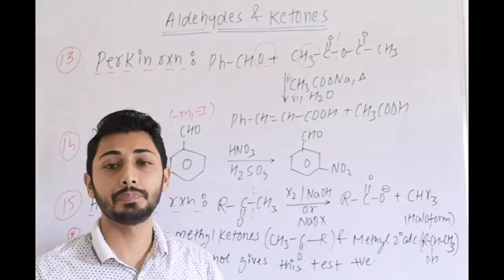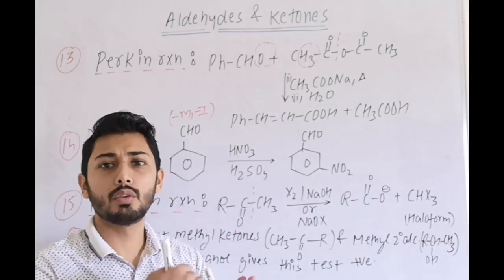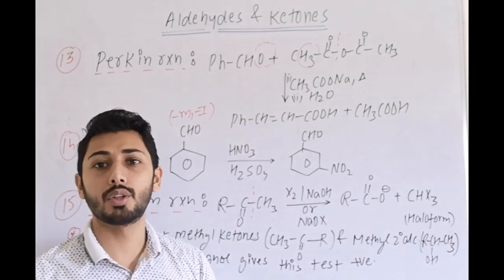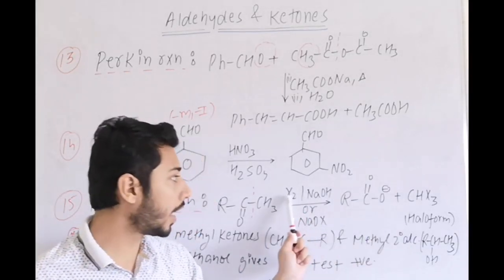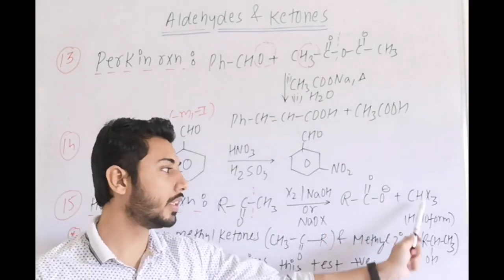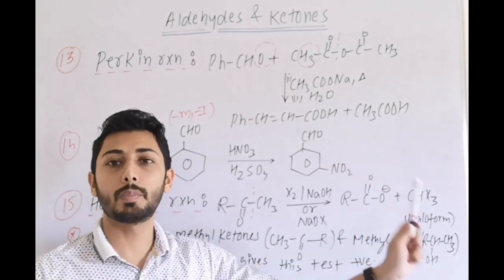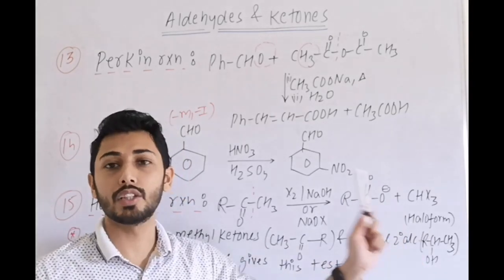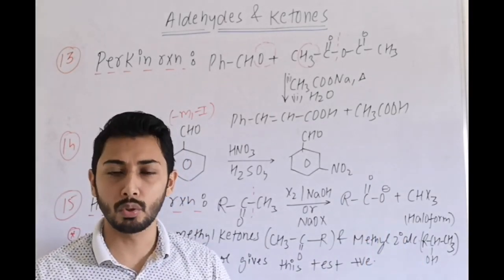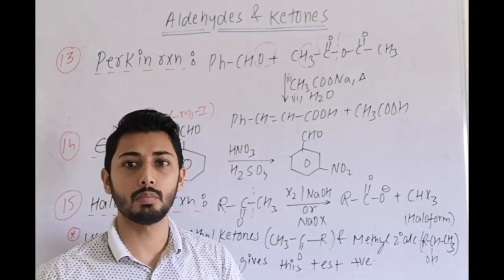Important point is that methyl ketones finally give CHI3 or CHX3. Important is iodoform, that when we take I2 with NaOH, it gives CHI3, which is a yellow precipitate compound, that is iodoform formation, and that is used to test methyl ketones, and some other groups are also possible, like